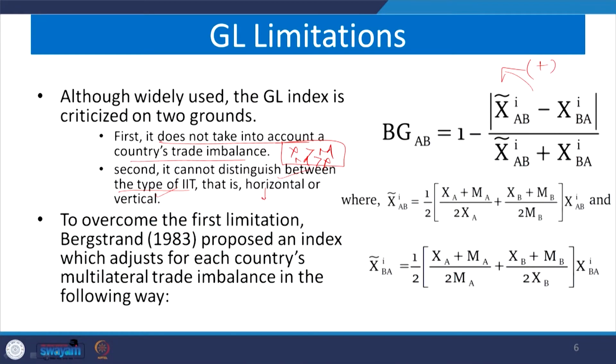I already said horizontal is where the characteristics or features of the products are different within the firm, whereas in the vertical one the characteristics are not different, they are different by quality. Vertically one can rank those qualities very clearly. This is rank 1, this is rank 2, and we can have a clear hierarchy in the ordering of the product. Now, to overcome the first limitation, Buxton 1983 proposed an index which actually emphasizes multilateral trade imbalances